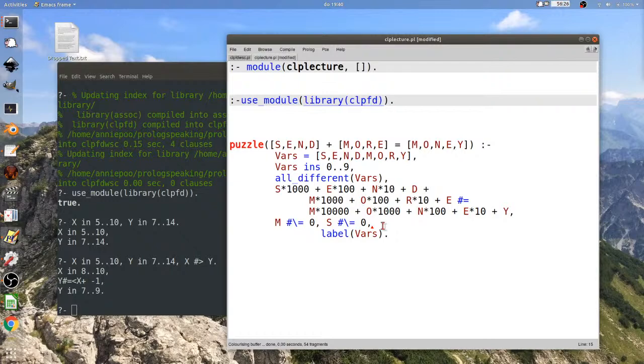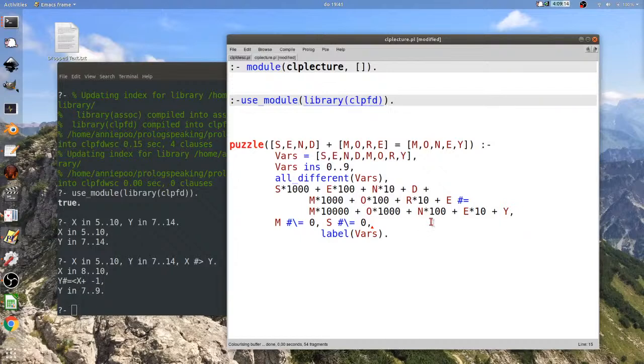That send, S times 1,000 plus E times, so that's whatever number send is, plus whatever number more is going to be equal to whatever number money is.